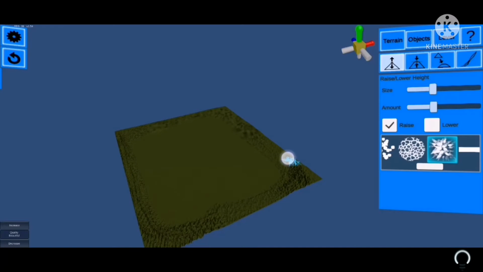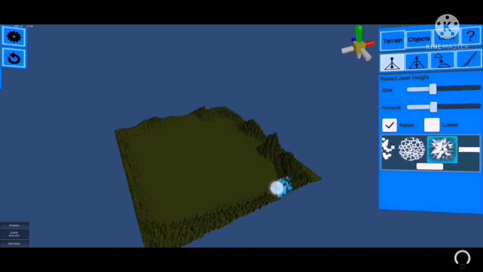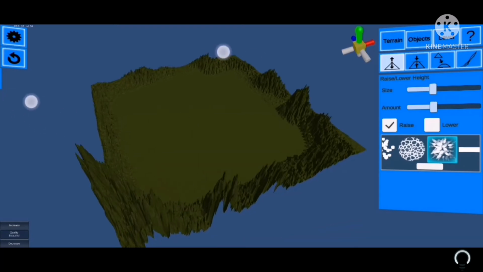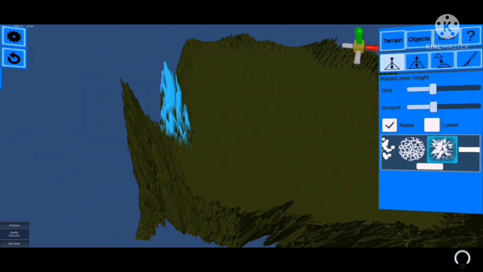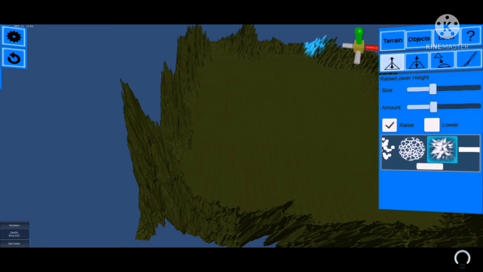Now it's perfect. Make some places higher than other places because that's what looks like a real mountain. And you can zoom using your fingers, and you can rotate using your double finger tap.